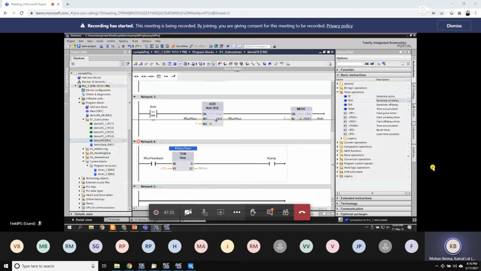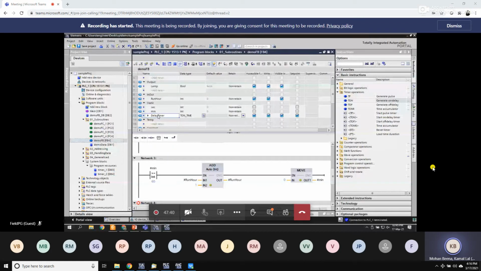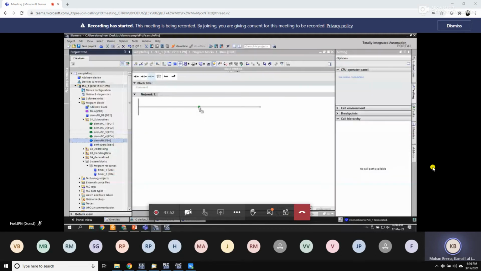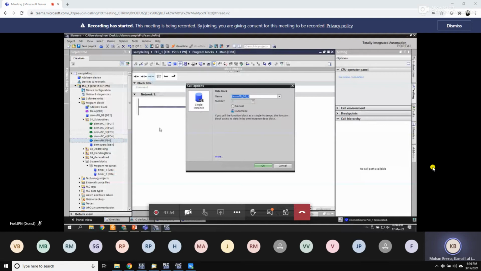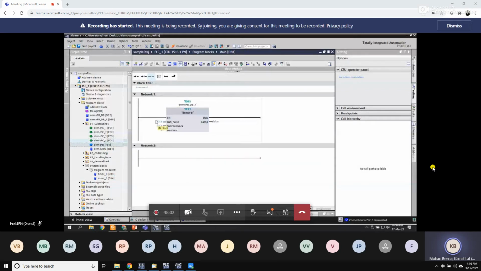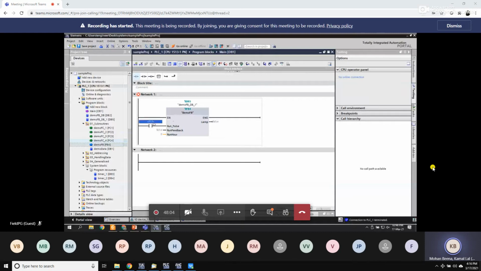Now, because of this timer, will my block interface change? Absolutely no. So let me give some T hash 2 second time. If I go to my main, let me delete them. I'll call my demo FB here. For that FB, I have to give a DB, I know, which is okay. I'll give one. I am asked to give my run pulse, which as we have done before, let me give it. So run